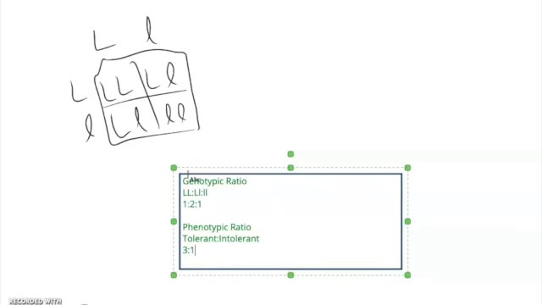So here we have the genotypic ratio showing big L, homozygous dominant, heterozygous, and then homozygous recessive. And so that ratio ends up being 1 to 2 to 1. The phenotypic ratio, which is what the physical expression ends up being like, is tolerant offspring to intolerant offspring, which would be 3 to 1. The 3 comes from this homozygous dominant genotype, this heterozygous, and the one